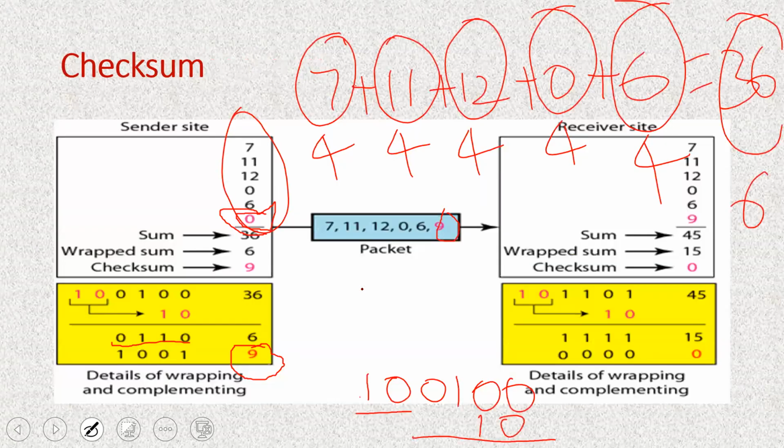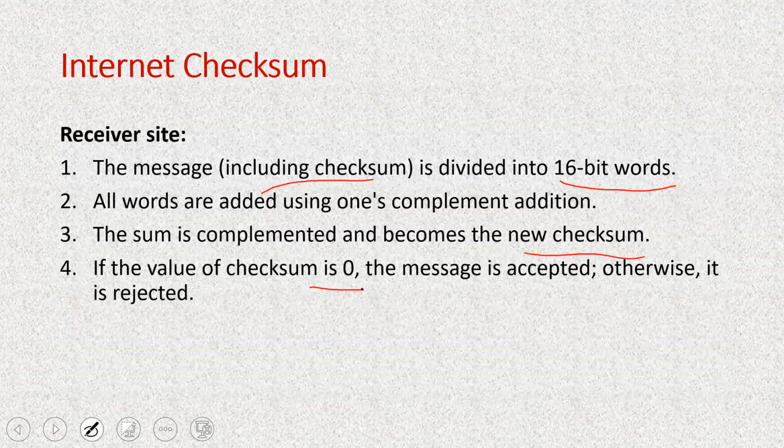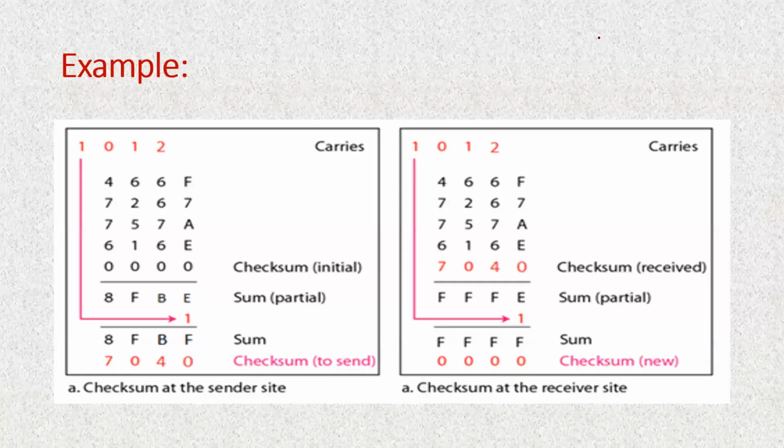So this is similar to the example we solved now. But here we should fix the size of each word as 16 bits. And we usually take hexadecimal addition in this case. Even in the TCP protocol, UDP protocol, and IP protocol, it always performs hexadecimal operations. We'll see one example. Now I want to send one message.